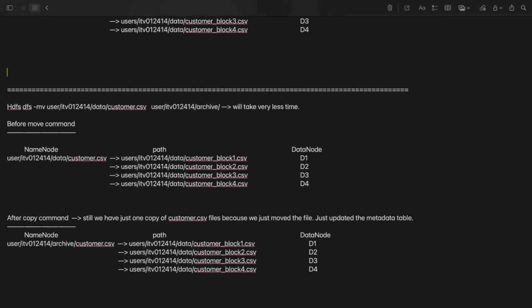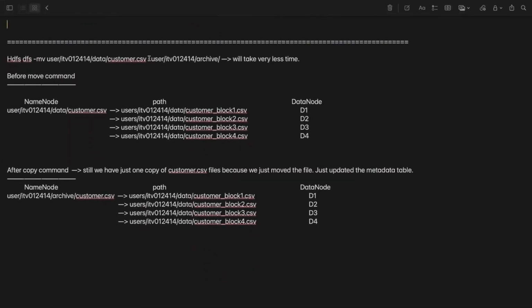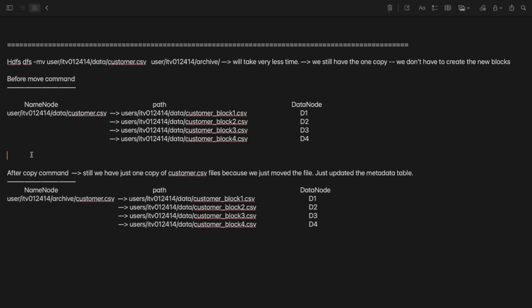Instead of doing the copy, if I do the move, if I move this file from data to the archive, it will take very little time, because when we do the move, we still have only one copy, and we do not have to create another copy or new blocks. We don't have to create new blocks, because we are just moving things. So what would happen is